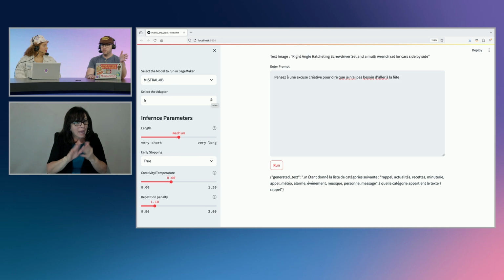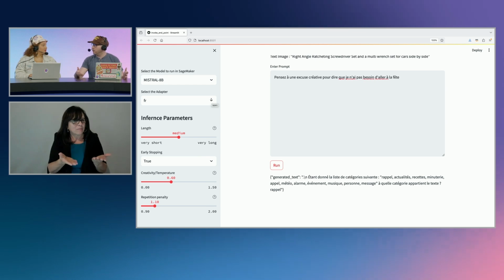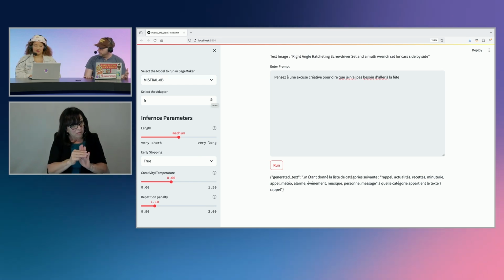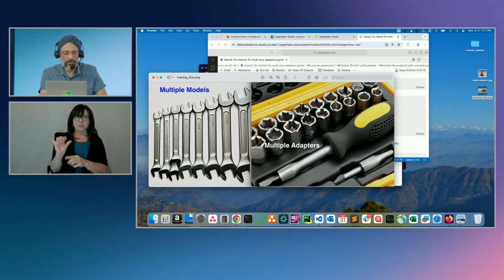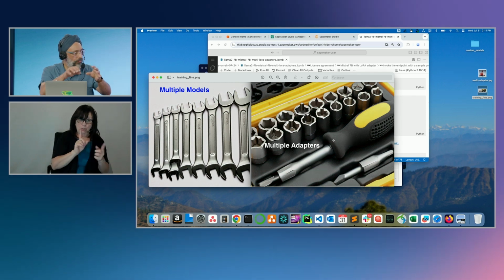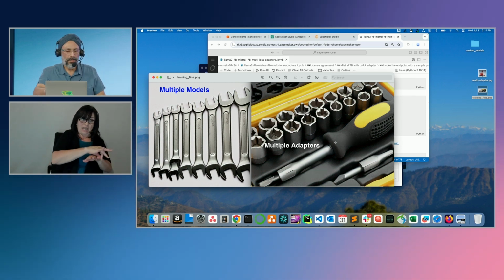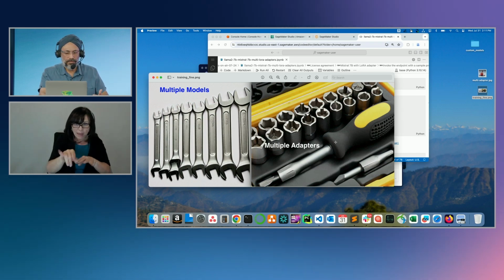Can you tell us a little bit more? You just mentioned, and we've seen you select different adapters. What is this concept? You just mentioned it is a model in its own right. Yes, it is a model in its own right. It is very similar to that image, where I'm basically selecting multiple adapters and attaching them to the base model, which is the screwdriver here, and I'm saying, okay, now go open this nut.